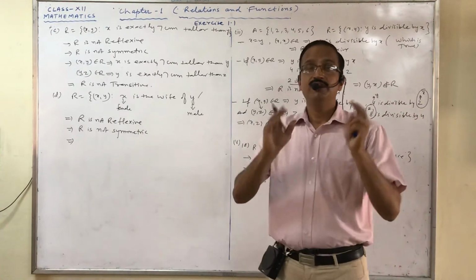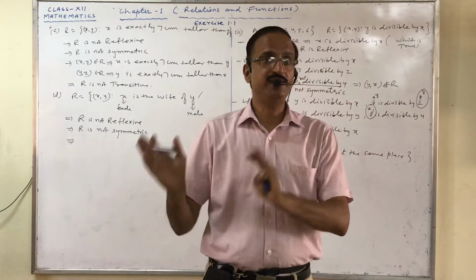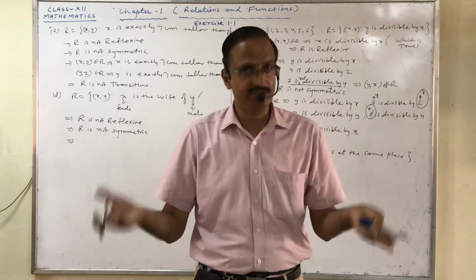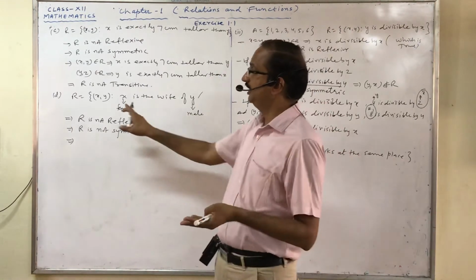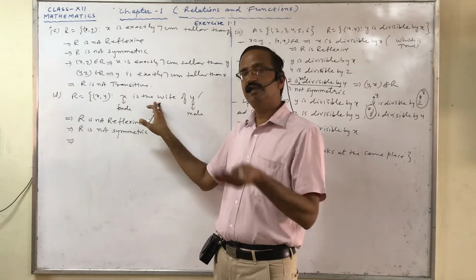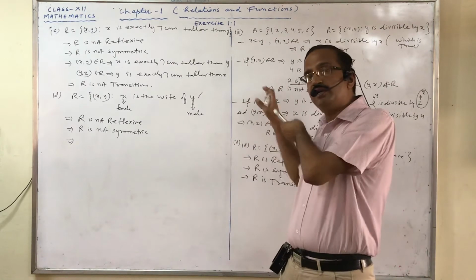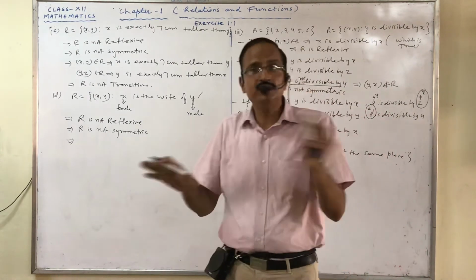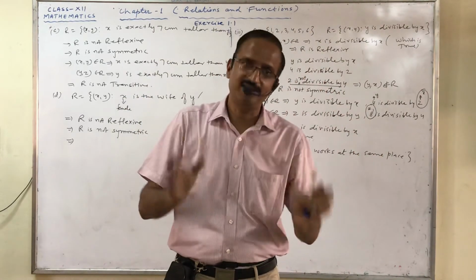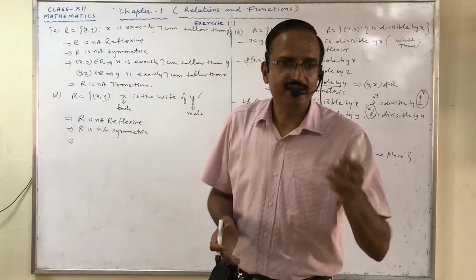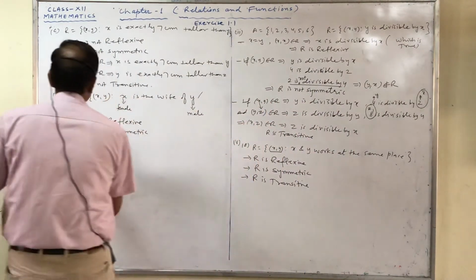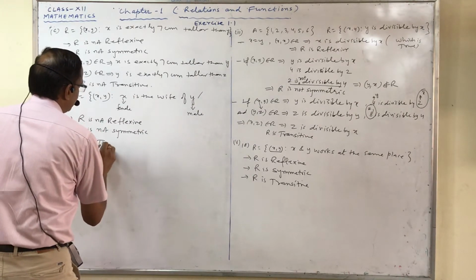Why? Because when both the relations are possible, meaning A is related to B and B is related to C, then we will think about AC. But here only the first is possible. X is related to y, but y is not related to z, so we will not think about the relation between x and z. By default, we can say that it is transitive. And earlier, in the second part also, it happens. So we can say that R is transitive.